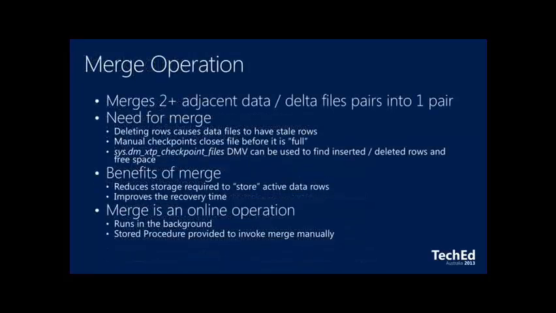Okay, so obviously after a period of time, what can happen? You can have a data file, and if you've modified most of the records in that time range, what will happen? The delta file is basically saying 90% of that data file has been deleted. Okay, so we need to do a bit of cleanup. So there's actually a merge operation that also happens in the background, and you can obviously trigger this as well there. Okay, so you can see down the bottom there talking about that. But the idea